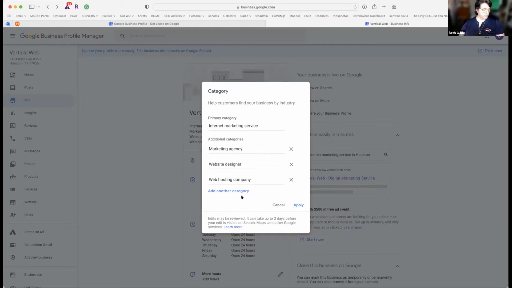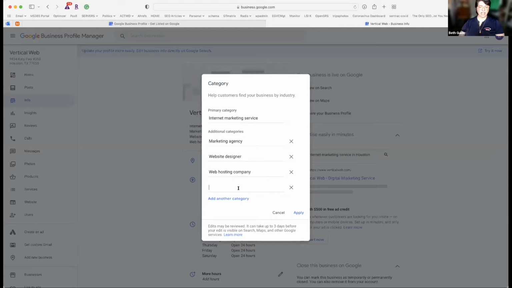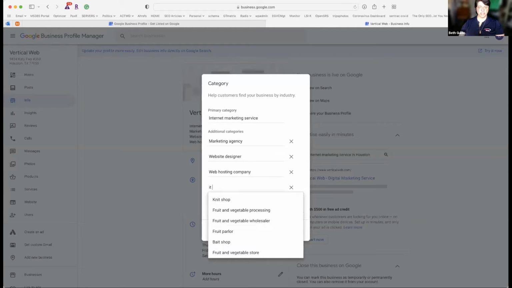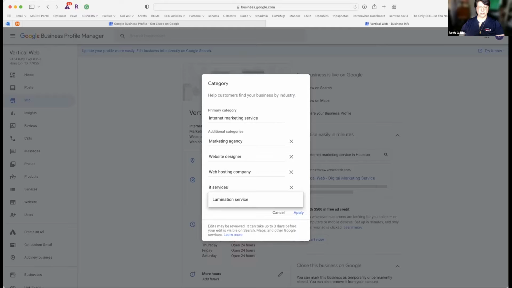There is no way to assign a category that doesn't already exist. Yeah, that's exactly what I'm talking about. It's the NAICS code, which is the code that classifies businesses and what they do. Like I could say IT services here, I think, or information technology, maybe. Information services. So I could put that there as another level of a category if I want.